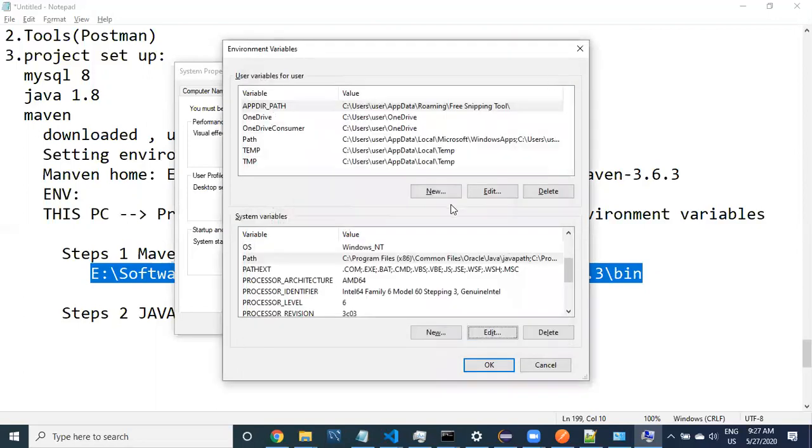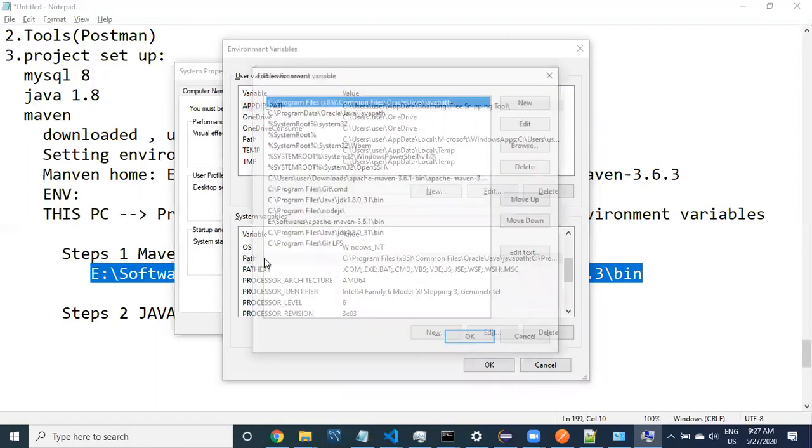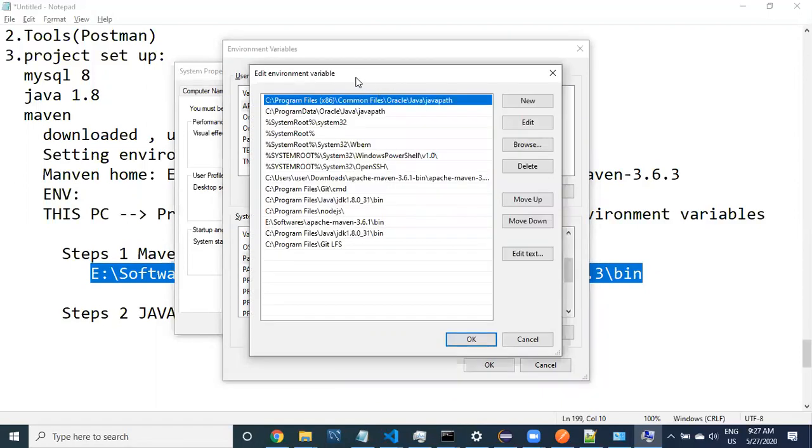Now, please do this step, guys. Here is how: in the system variables, double click on the path. It will open the edit environment variables. Inside, check whether the Maven path is already available.